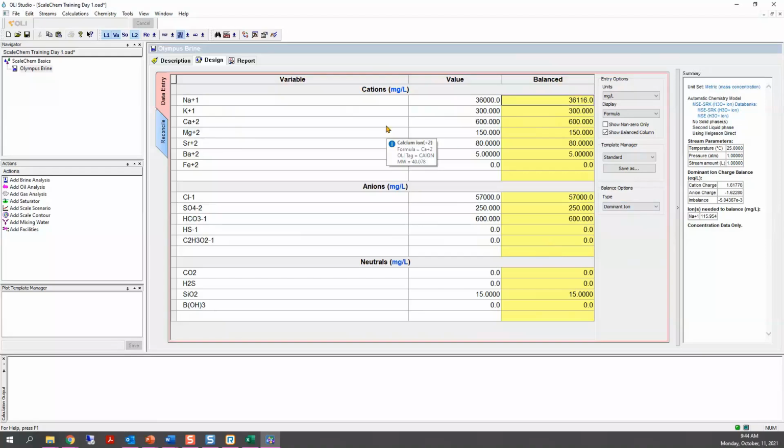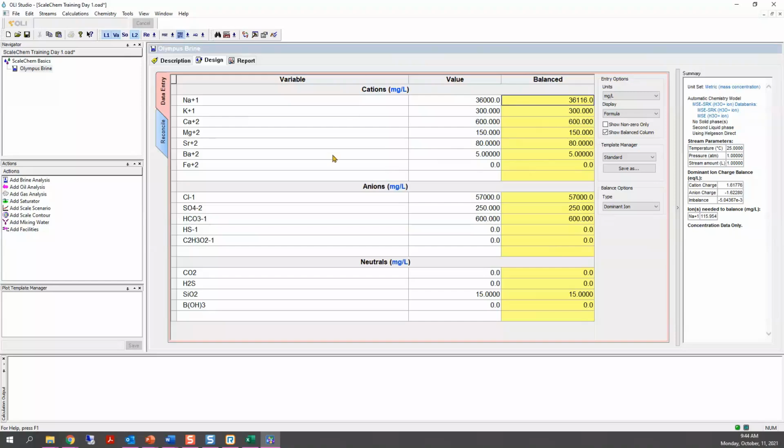So once we understand what's happening here, this is a very important step, because you cannot simply enter the data. You need to understand what you really need. Maybe the software says that you have to add 2,000 milligrams of sodium plus 1, and maybe that's a red flag right there. You should go back to the lab and make sure that they are giving you a representative water analysis, because an imbalance of 2,000, 3,000 is probably an error that is going to introduce an error that will not give you a very good simulation result.